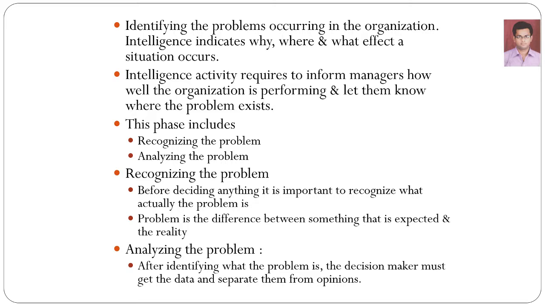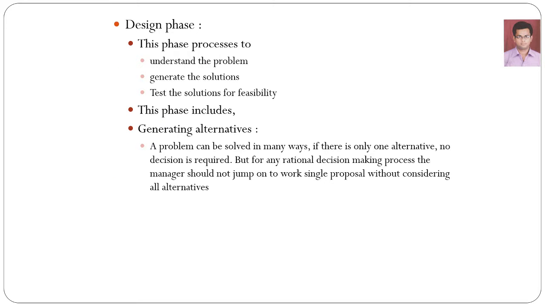Analyzing the problem. After identifying what the problem is, the decision makers must get the data and separate them from opinions. The design phase includes understanding the problem, generating the solutions, and testing the solutions for feasibility. This phase includes generating alternatives. A problem can be solved in many ways. If there is only one alternative, no decision is required. But for any rational decision making process, the manager should not jump onto a single proposal without considering all